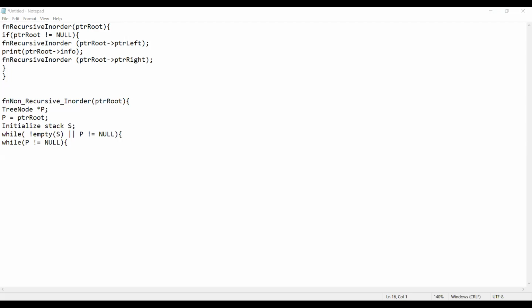Then if this condition is not equal to null, I have to push P to the stack S. So I have to write down this thing. Then after that, we have to traverse the left child of P. So we have to write down P equal to P arrow ptr left, and we have to close this conditional